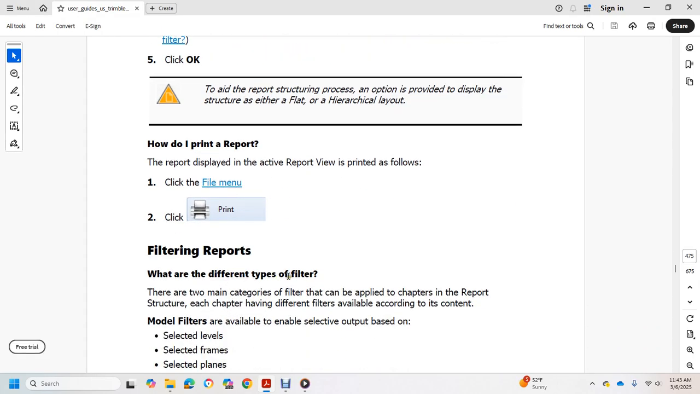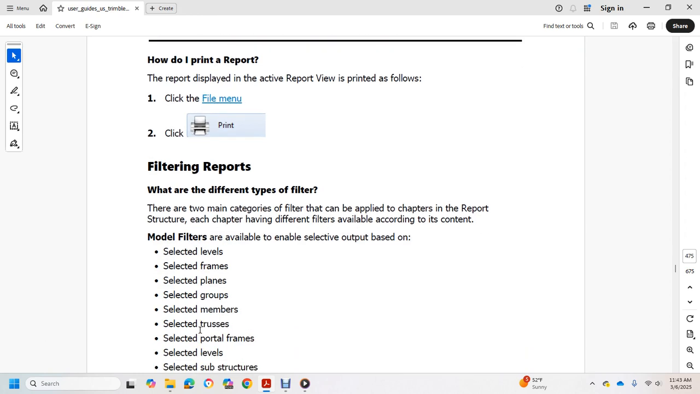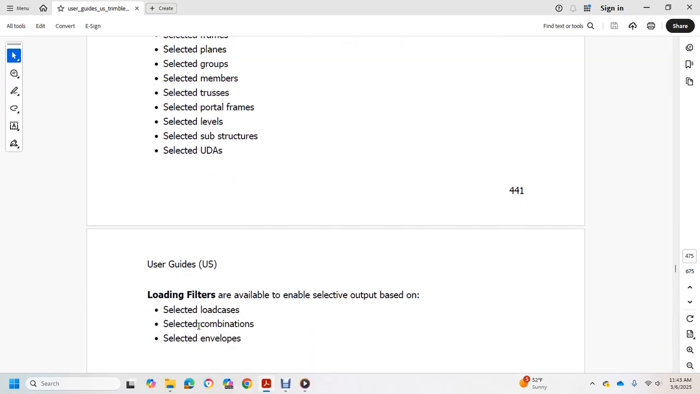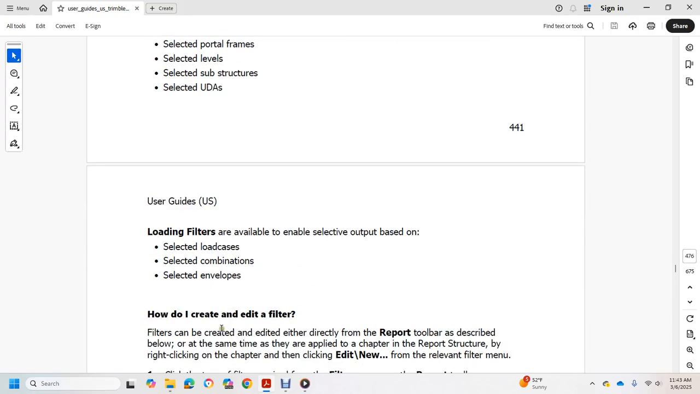Filtering reports. What are the different types of filters? The two main categories of filters are applied in chapter report structures. Each chapter has different filters available according to its content. Model filters are available to enable selective output based on levels, frames, planes, groups, members, trusses, portal frames, substructures, UDAs, and loading filters are available to enable selective output based on load case combinations,